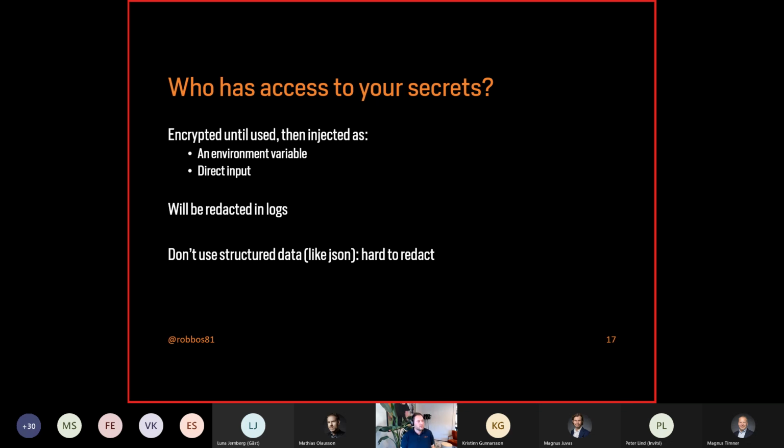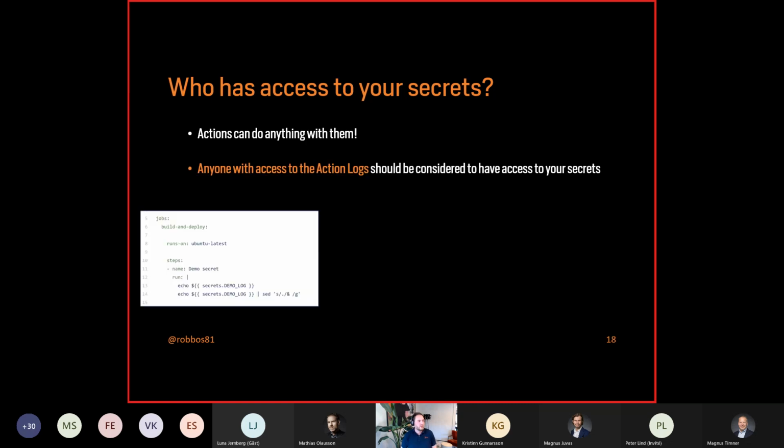So as a best practice, if you still really need to do JSON in here, like for example the publish profile that I had to push into Azure, that thing is one of those structured data files. Remove all the spaces from it, remove all the line endings in there, make it a single string that the regular expression can pick up.